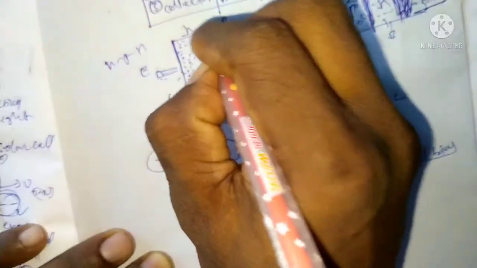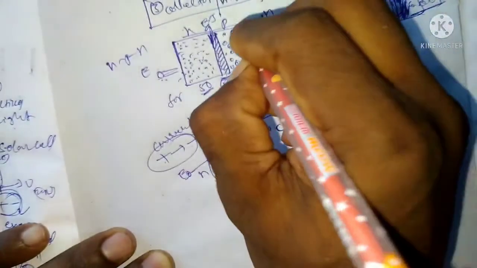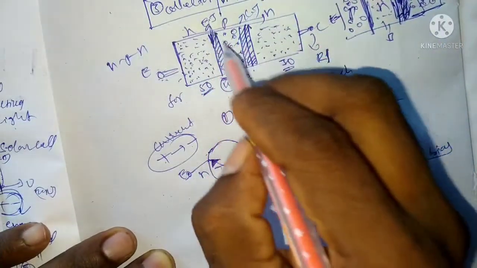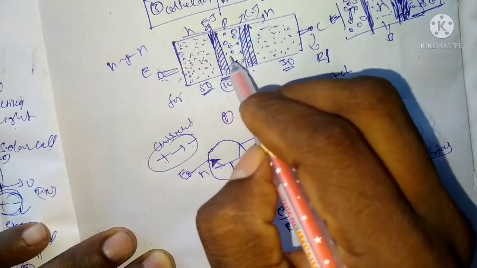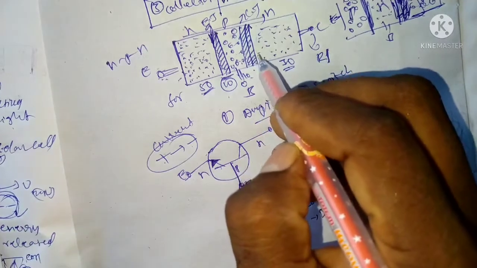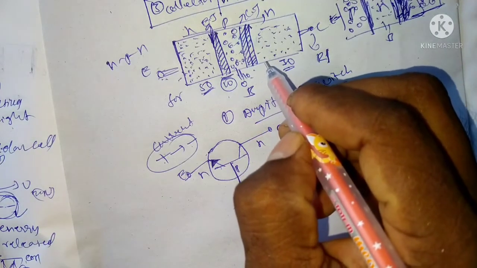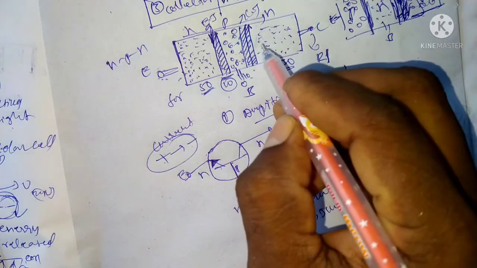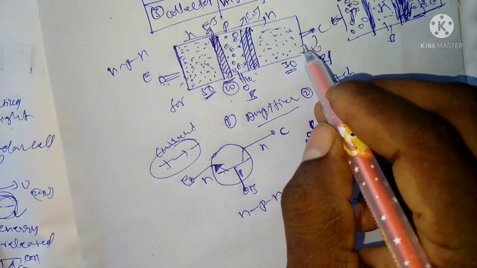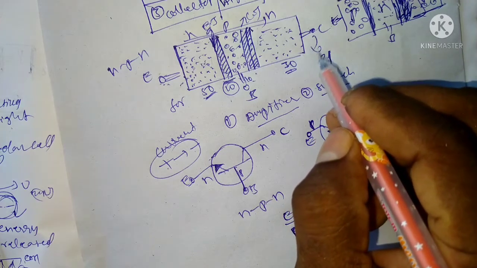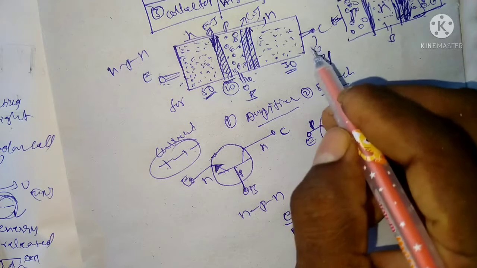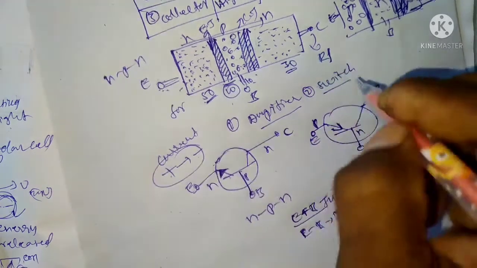It is EJ, the emitter junction. It is CJ, the collector junction. The emitter junction is very small, very low compared to the collector junction. The collector base junction is in reverse bias. That means the collector has only low electron flow. Low electron flow is nothing but low current. That is working in the reverse bias.